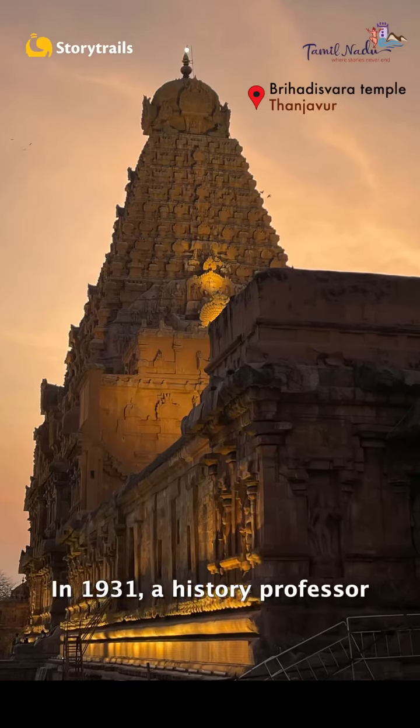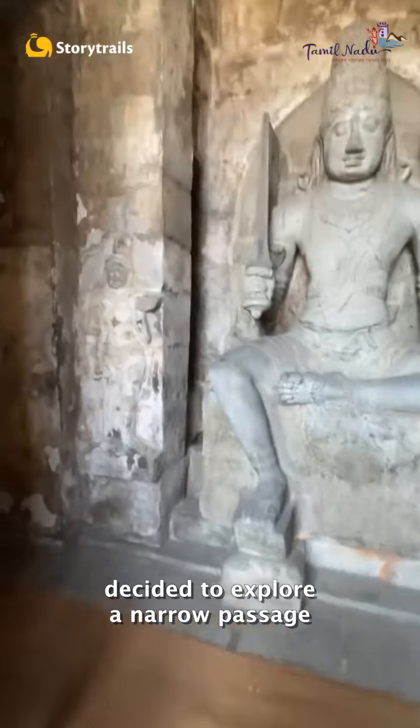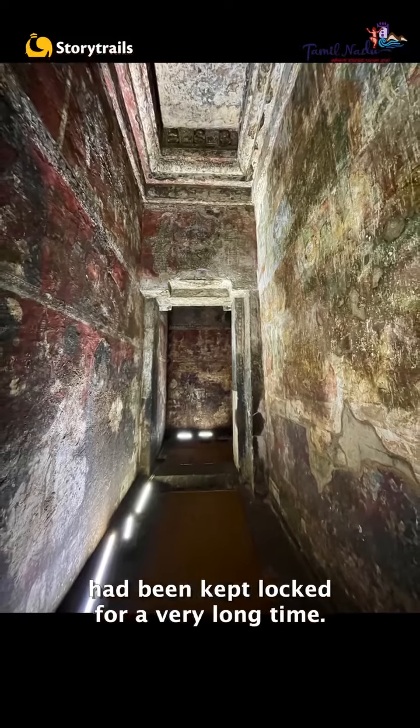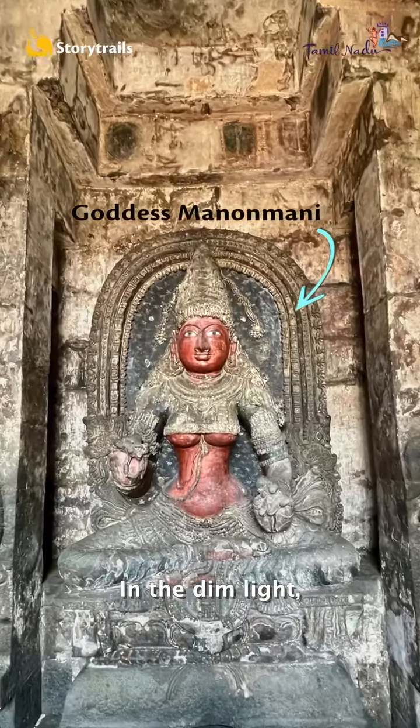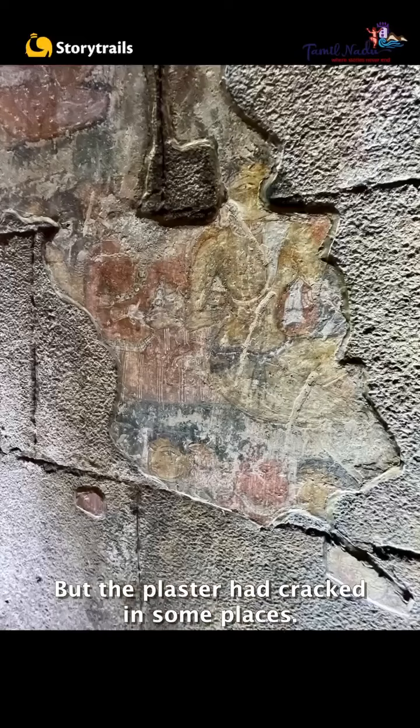In 1931, a history professor named S.K. Govindaswamy decided to explore a narrow passage on the first floor of the Brihadishwara temple. This corridor between the two walls of the sanctum had been kept locked for a very long time. In the dim light, he could see some 17th century Nayak paintings on the walls, but the plaster had cracked